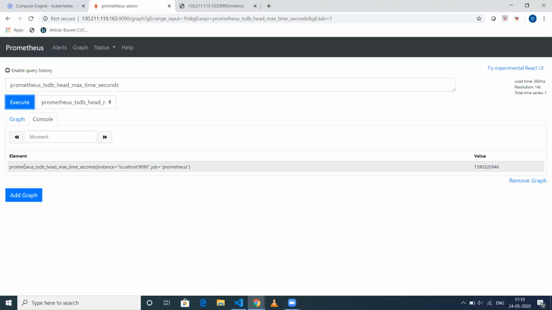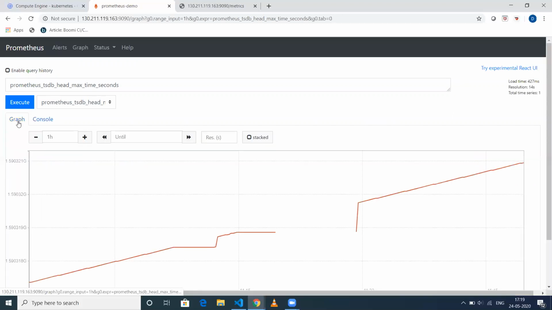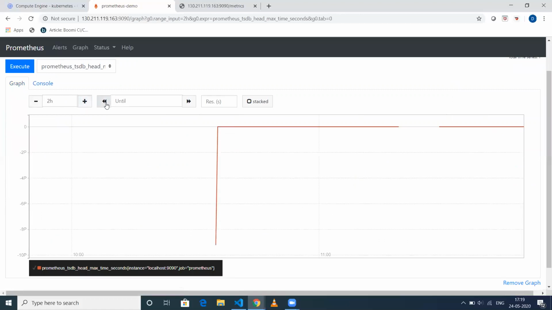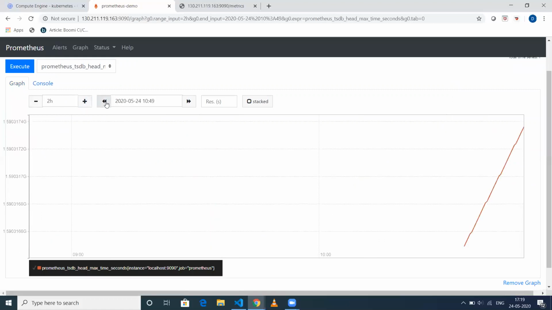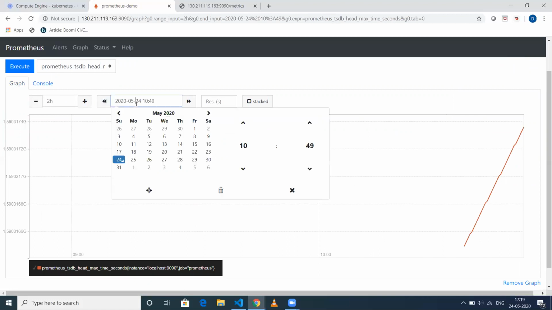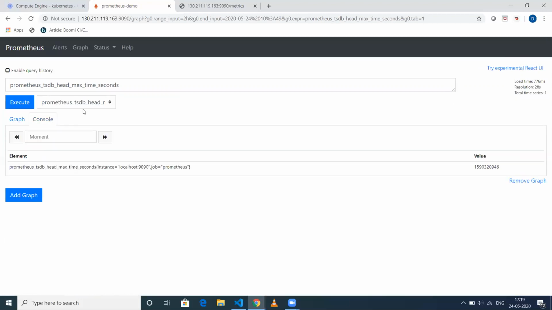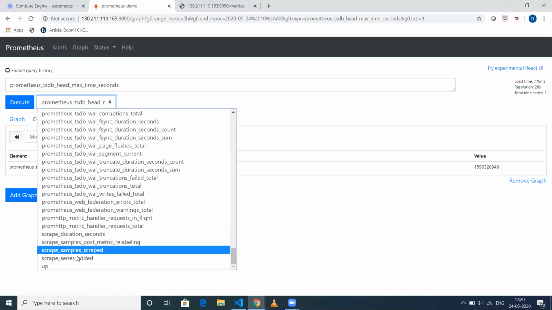This will give the output in the console, and if you want to see it in a graphical manner, you can click on graph and increase the time period: 30 minutes, 1 hour, 2 hours. You can change the date as well, whichever date you need. The console gives the normal output.